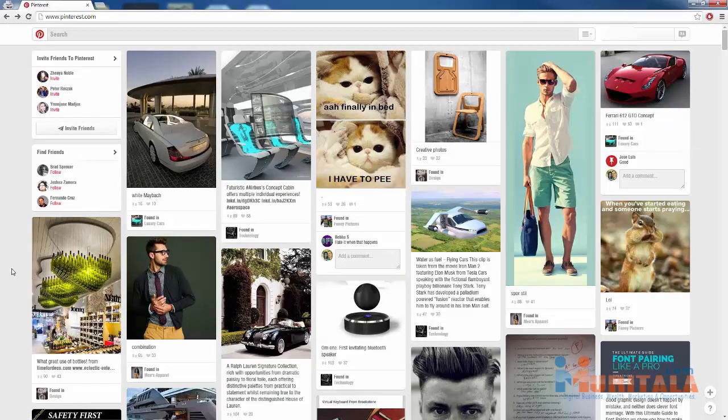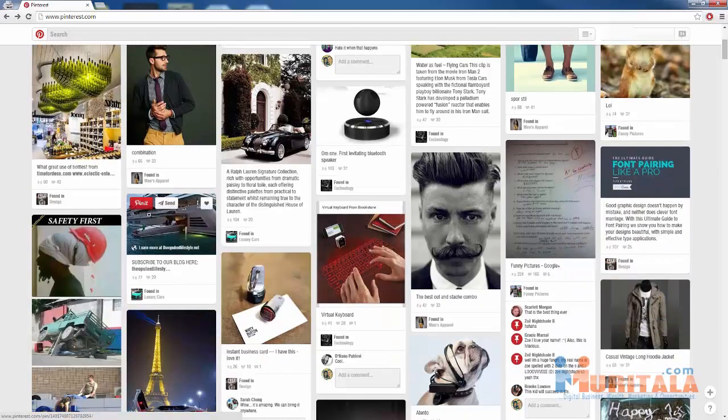You can pin websites, images, links, videos, whatever. Images is usually what people pin the most, as we can see. And I actually follow a few different boards. I follow a board called Luxury Cars, and all these different fancy looking cars you see on my board right now are from that board. I follow funny pictures, I follow technology and things like that. And as we can see, it is mainly a bunch of different images that cover my board.